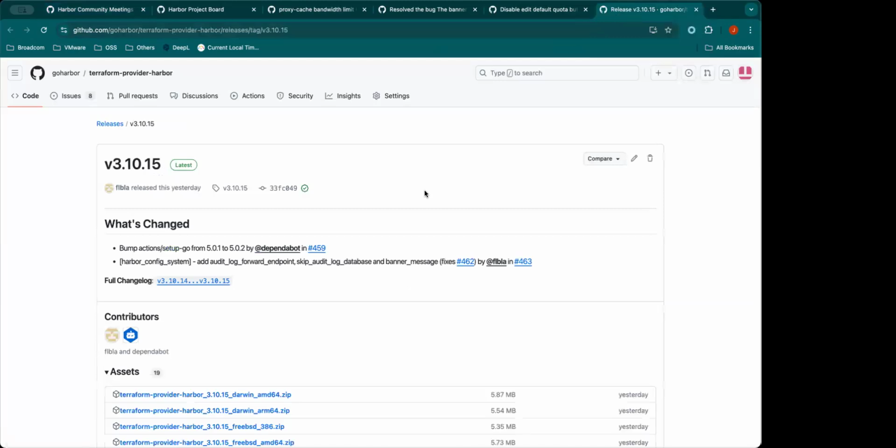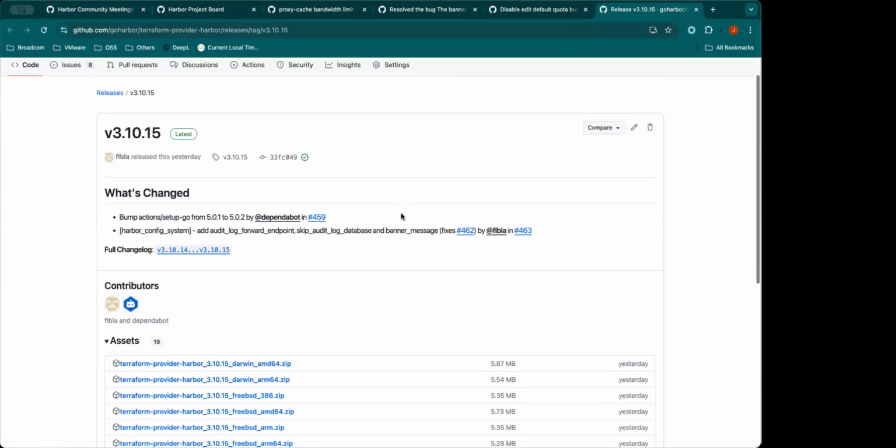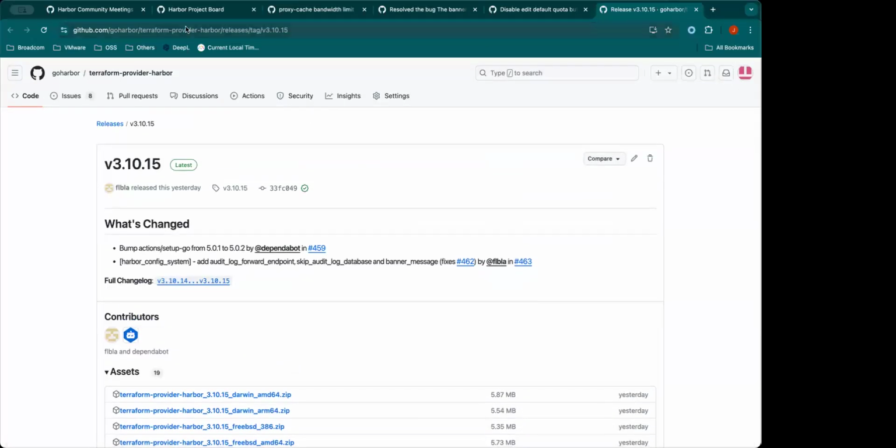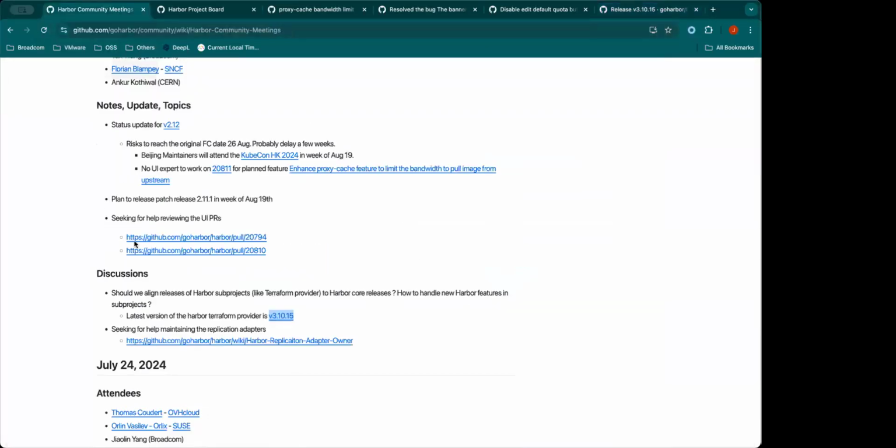If the maintainer fixes that issue and thinks it's ready for a patch release, at least for a patch release it doesn't need to align, right? I think at least we should allow Terraform to release a patch release independently. It doesn't need to align with Harbor.